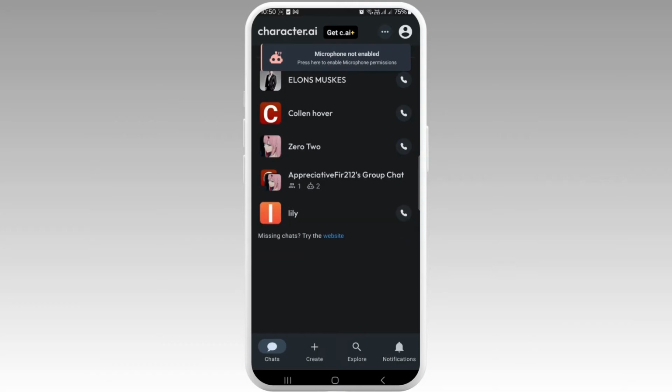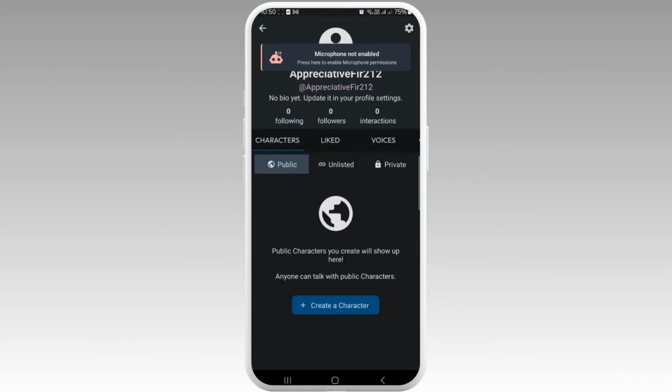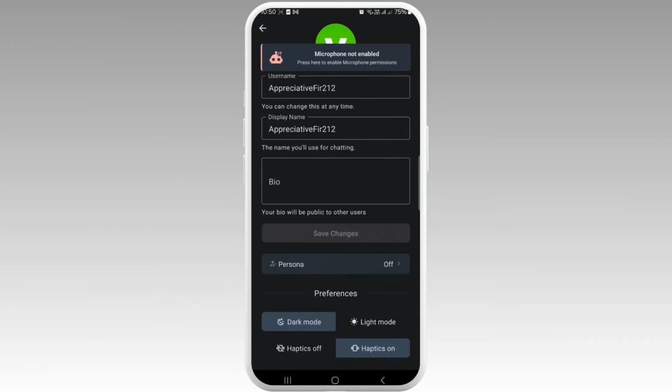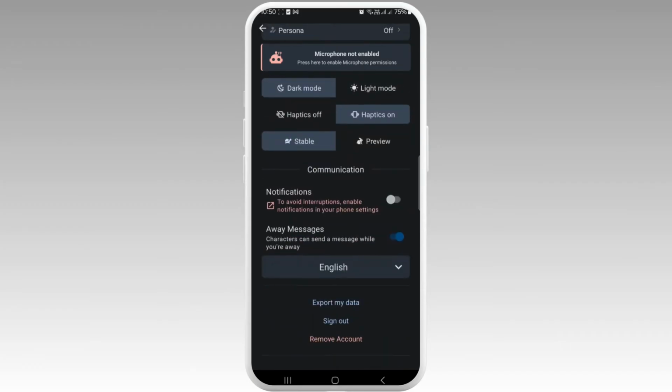Here you can see the option of settings. Tap on it, and there you can see the option of hidden chat. Show hidden chats. Then there you go, your hidden chats will be